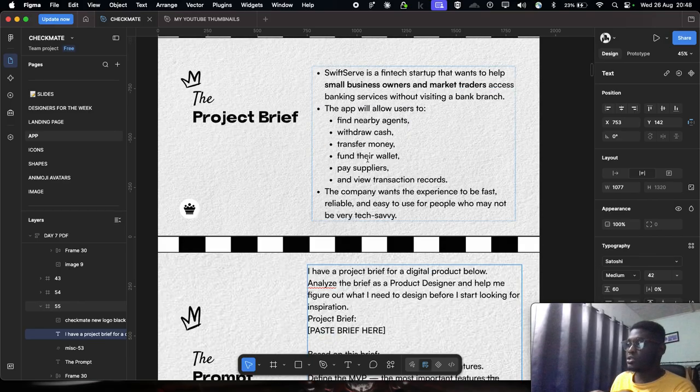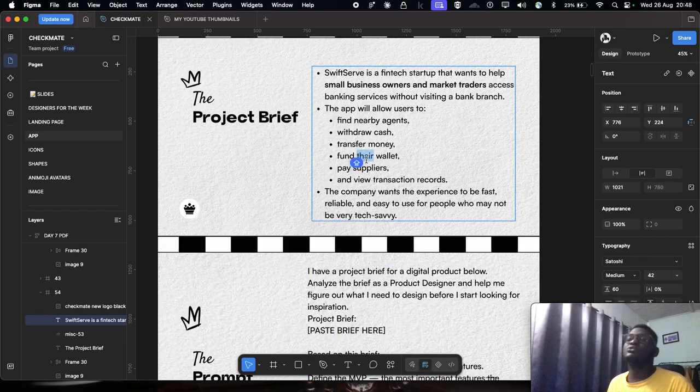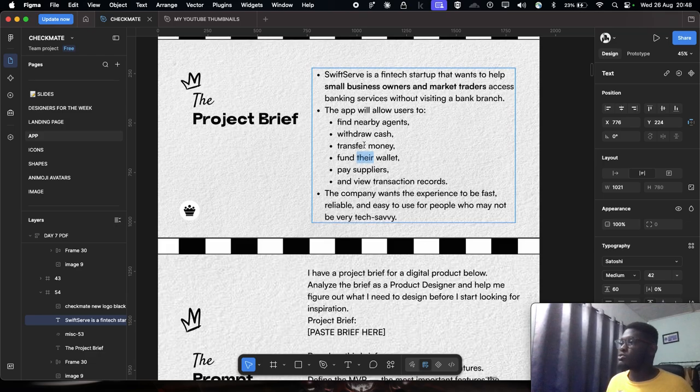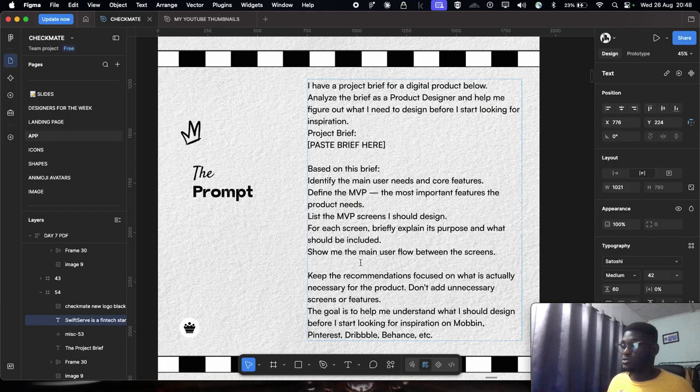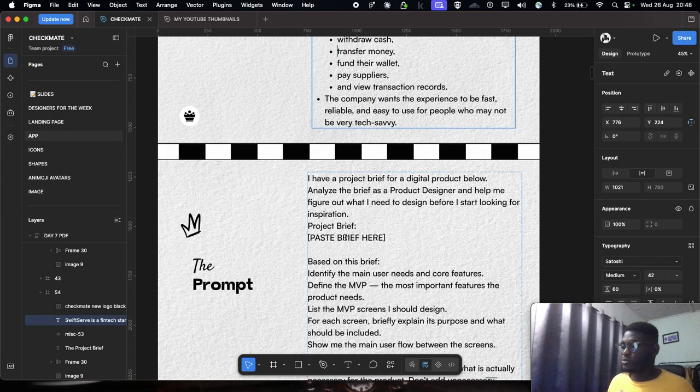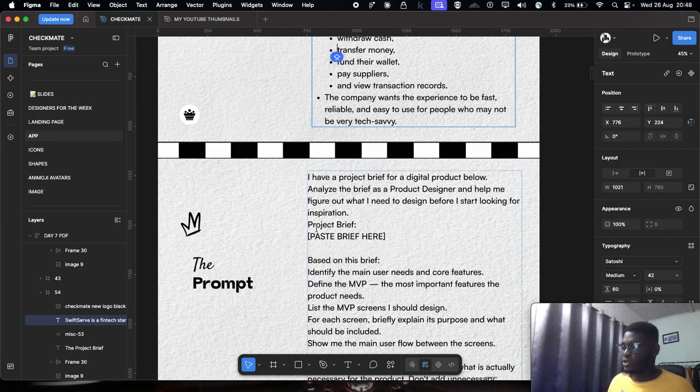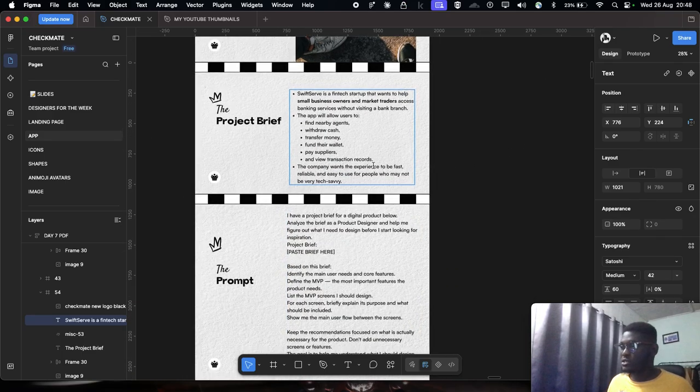Here I'm assuming a client just told us, I want you to design SwiftServe. It is for this, this, and this, and I want the app to be able to do this and this and this, but it did not tell us what screens we are to design. So as designers, based on what the brief says and what the app is meant to do, we come up with the screens for it. Do you get? So we're now going to use this prompt, put the project brief, which is SwiftServe, into here, and then put it on ChatGPT to tell us